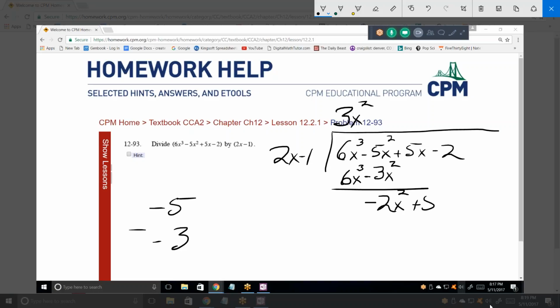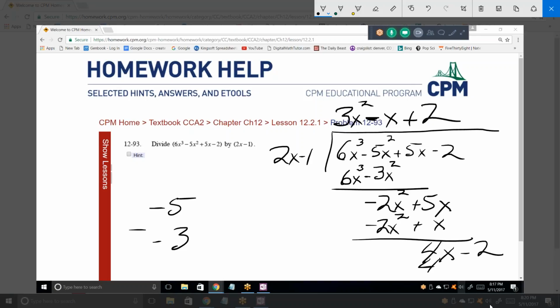Bring down the next term and repeat the process. That's all it is. It's a repetitive process. In other words, divide that into that. What do you get? You get minus x. Now multiply. What do you get? Negative 2x. Minus x, or plus x. Next step. Subtract. 4x. Bring down the 2, repeat. 2. And that gives you no remainder,